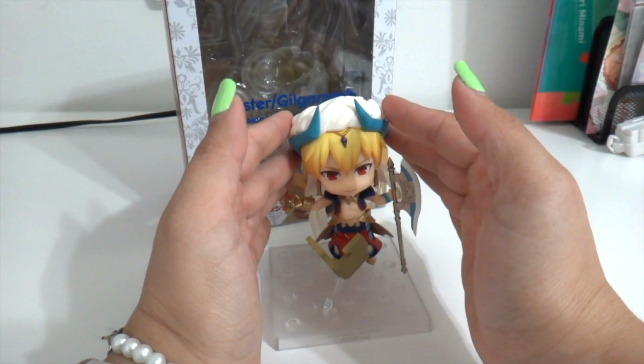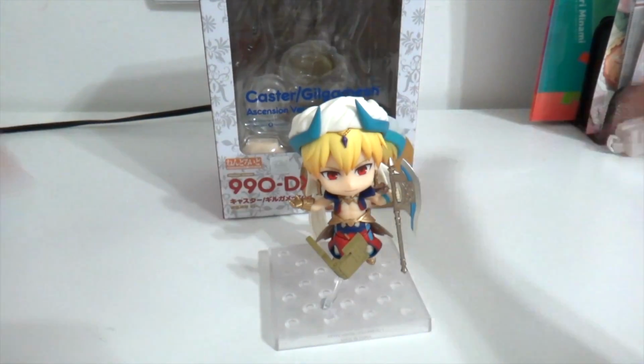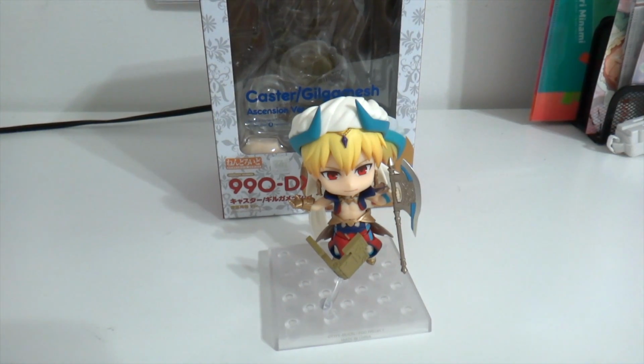happy. You're home, boo boo. I don't know what else to say. I'm really happy that I got him. I waited so long. Like I said, I do like the Lancer, but not as much as the Caster Gilgamesh. So I'm really happy that I was able to get the Caster version of him rather than the